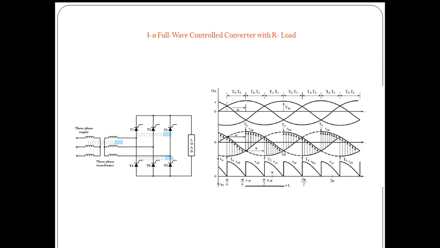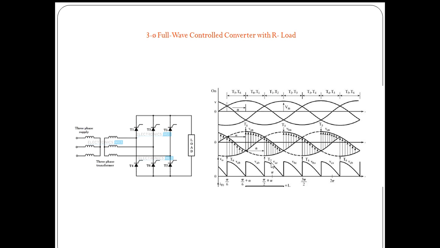So in the bottom group, T2 will be forward biased for this much duration. Up to this point it will be more negative, but not triggered. It will be delayed by an angle of alpha. So from this portion, T2 will be in forward bias. Considering the intersection of the concerned thyristors, T1 will be more forward biased from this to this, and T2 will be more forward biased from this point to this point. So at this point, T1 and T2 will be in conduction, T1 being more forward biased and T2 being more forward biased.